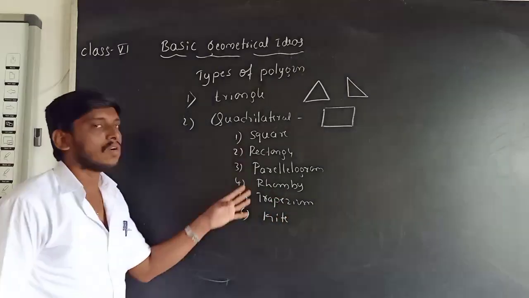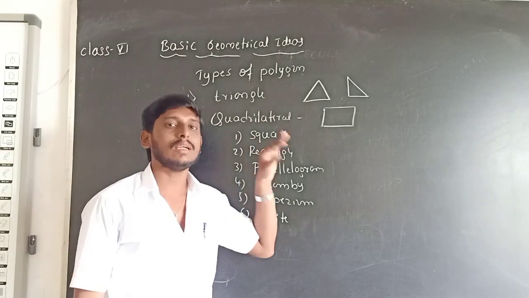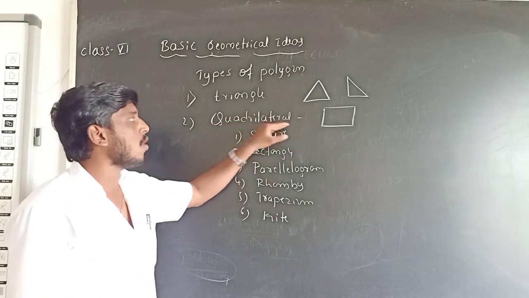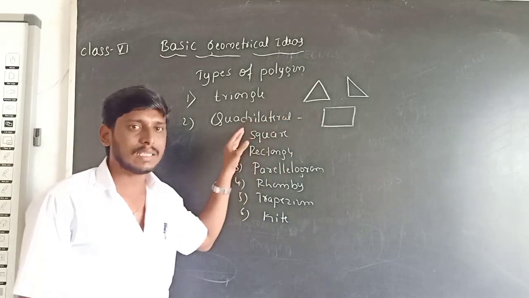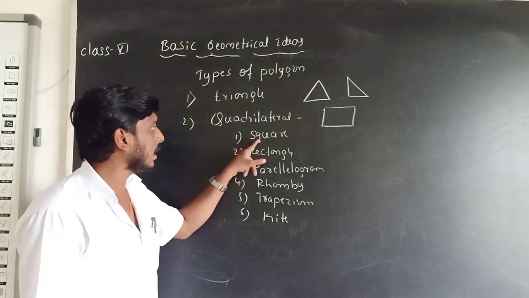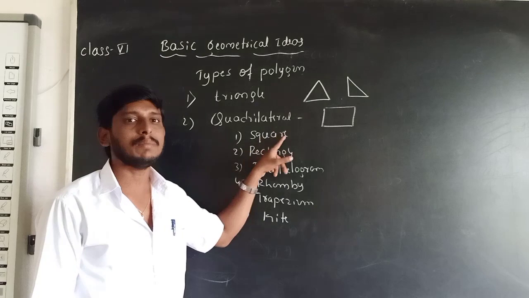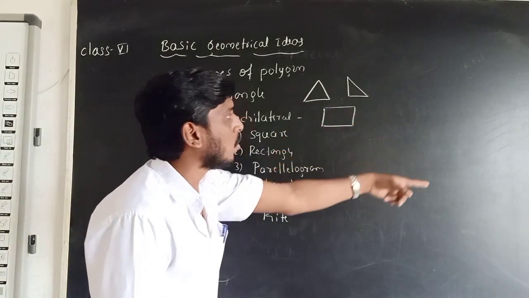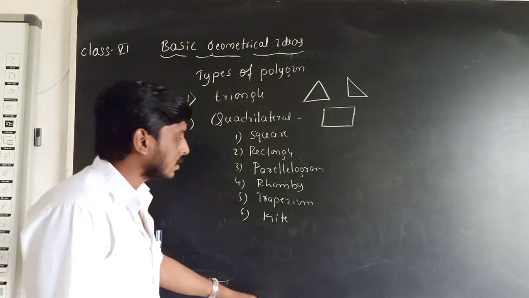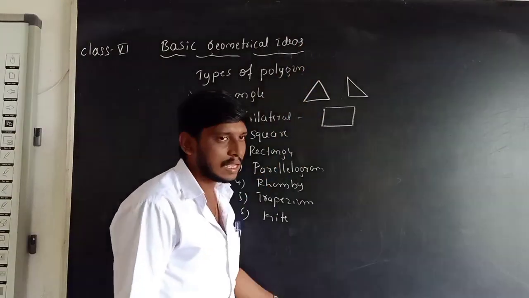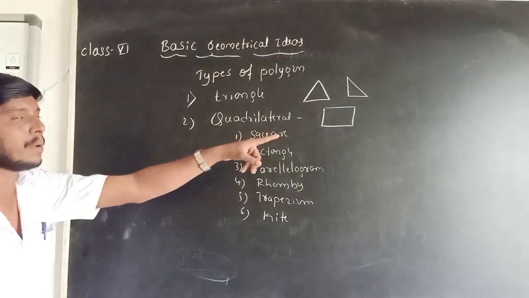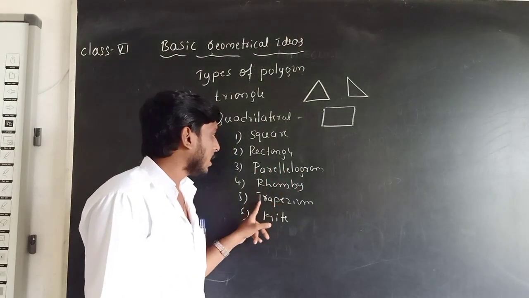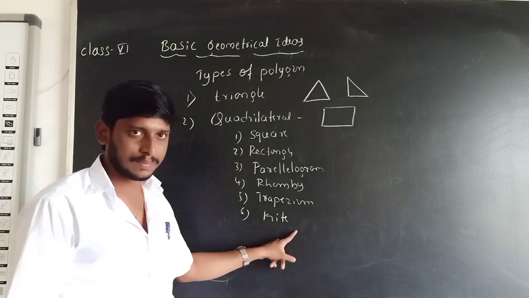These are the concepts you will study in future years like 9th and 10th. Let me recall: how many types of quadrilateral? There are six types of quadrilaterals. Mainly square. You know square means all sides are equal. Rectangle means this blackboard looks like a rectangle. These two are the length and these two are the breadth. And parallelogram, rhombus, trapezium and kite.